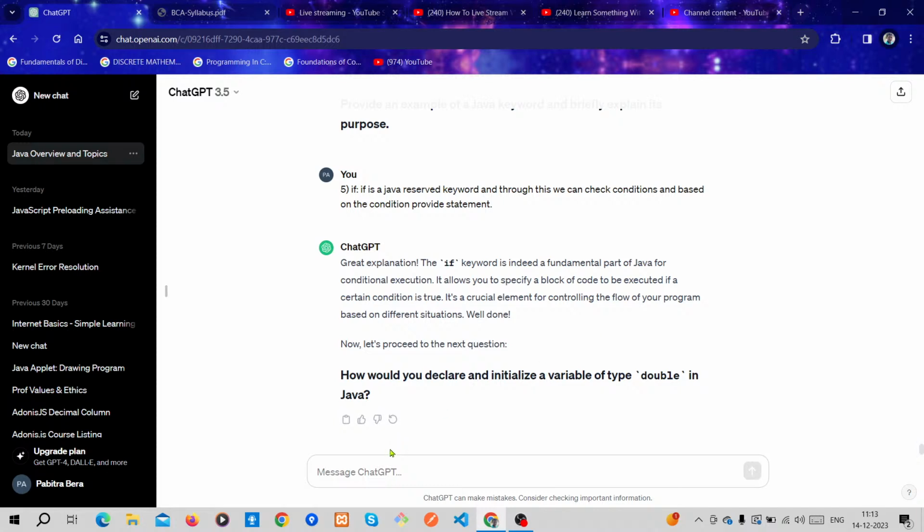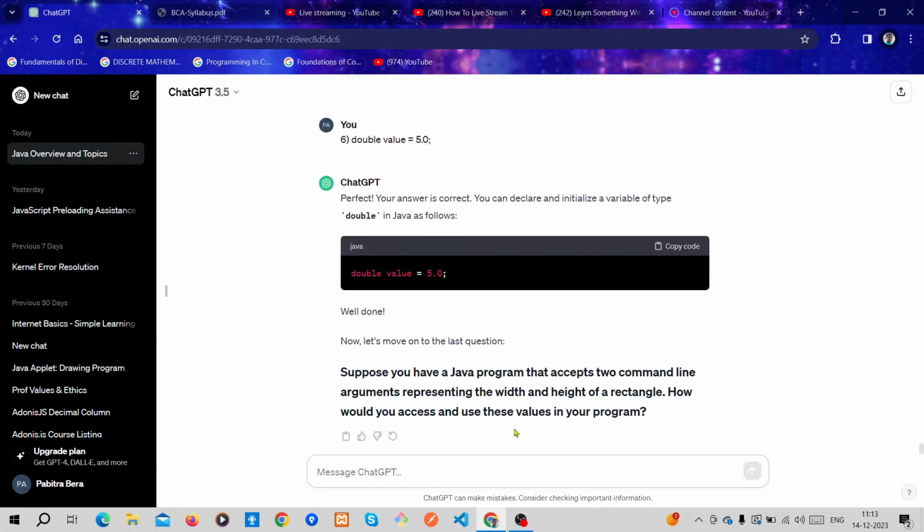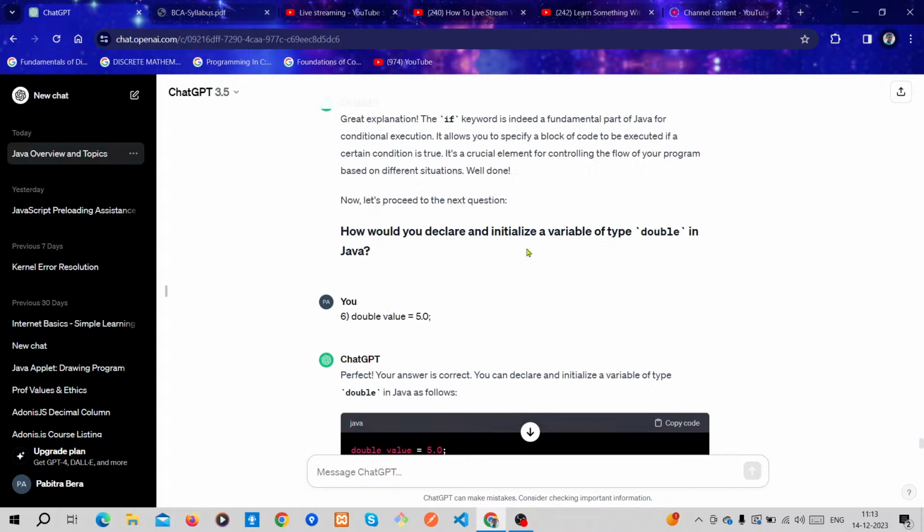Okay, question six. The answer: double value equals 5.0. I declare and initialize like this. Also this is right.